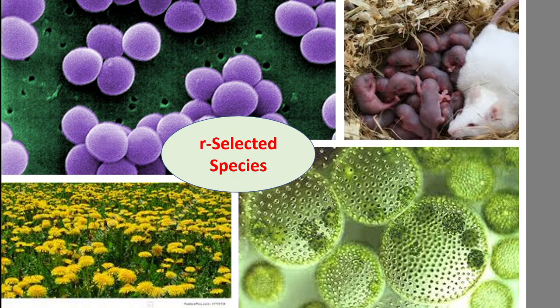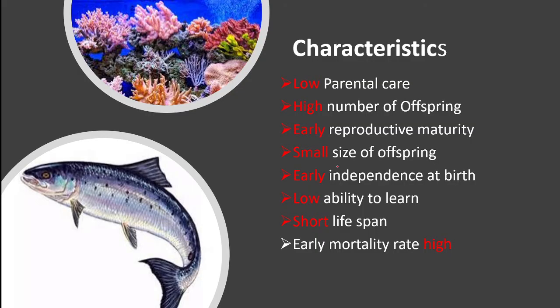Earlier, in the earlier figure or graph, we have already seen that the R strategists show a bloom. So they show a bloom means in a short time they produce a large number of offspring. So even if in the unstable environment a number of them die, a few of them will survive and their species will continue. So let us see what are the characteristics shown by these types of strategists, that is R strategists. We have seen that they produce a large number of offspring, that is one of the characteristics.